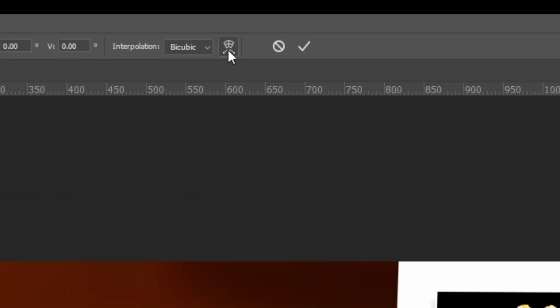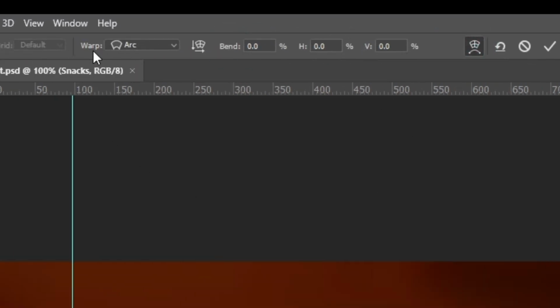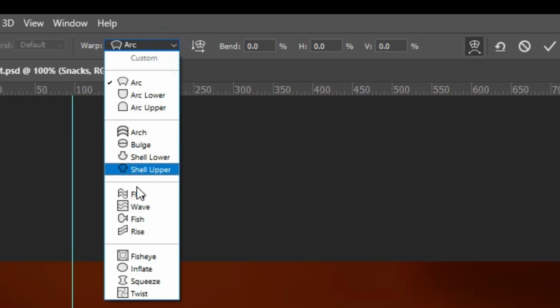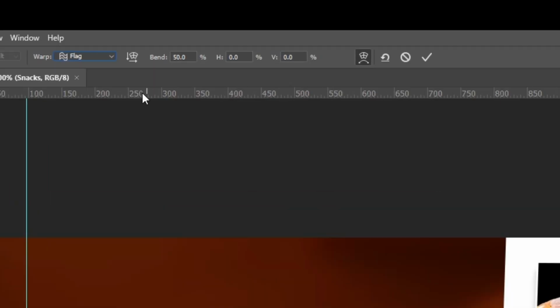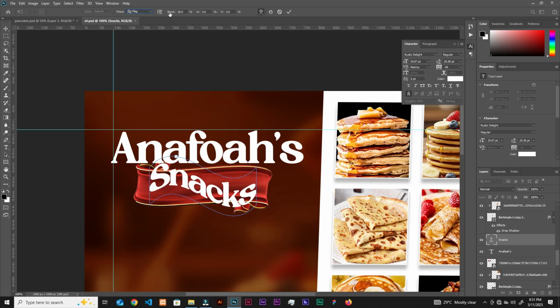And over here you see this guy, this is warp. Okay, click on that, and over here the warp, drop this select flag. Okay, and this is the bend. So if you click and drag on the name bend, you can choose to bend it. Okay, or when you come over here, you see this node. When you click, you can tweak the bend. All right, so we're gonna tweak it like this